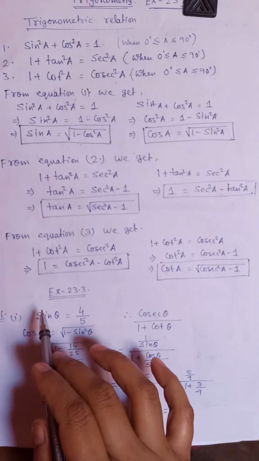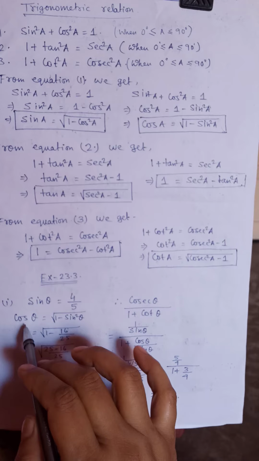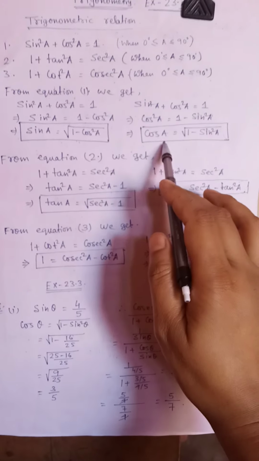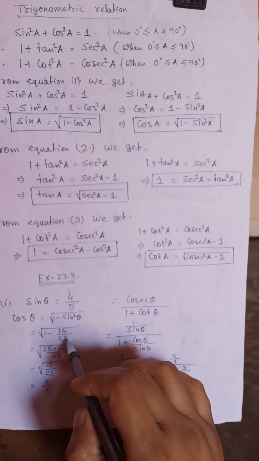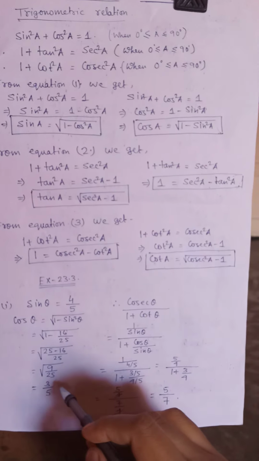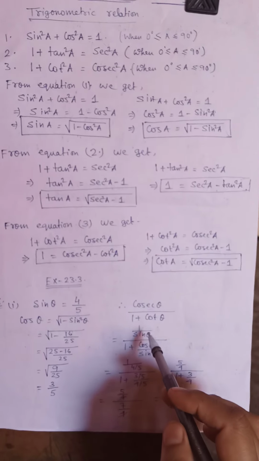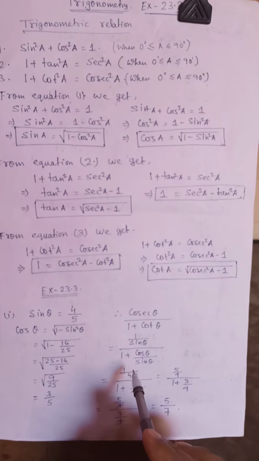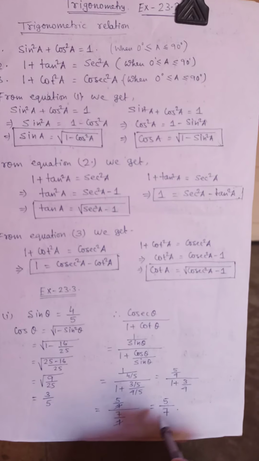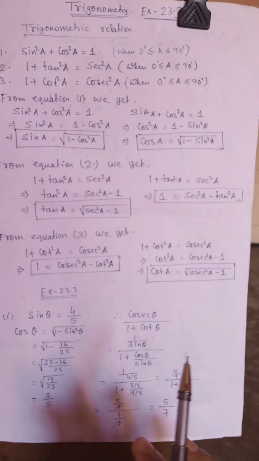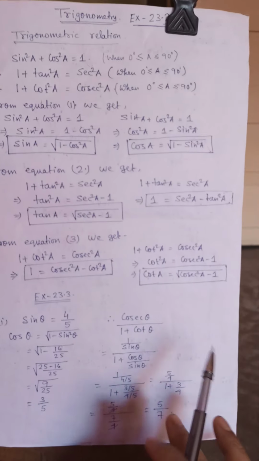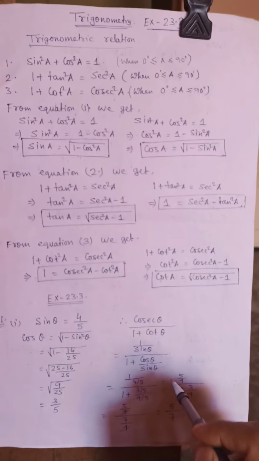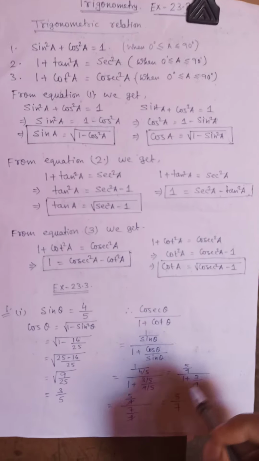So first, given the value of sin theta, we have to find out cos theta. Cos theta, as we have written here, is root over 1 minus sin square theta. So put in the values and you get the value of cos theta. Cosec theta is 1 by sin theta, so 1 by 4 by 5 plus, here put the values and then calculate. You have to practice a lot. These sums are totally different types of sums. You have to remember the formula. Practice the same sum again and again, then you can understand how it will come.